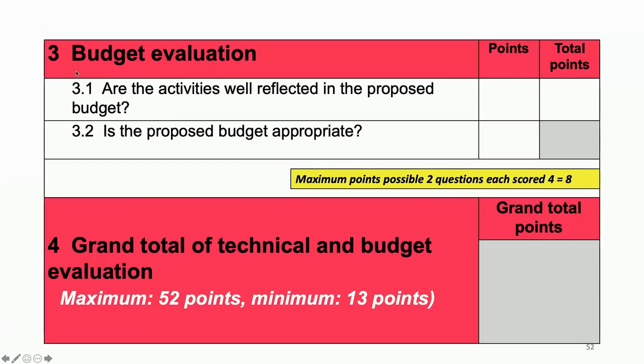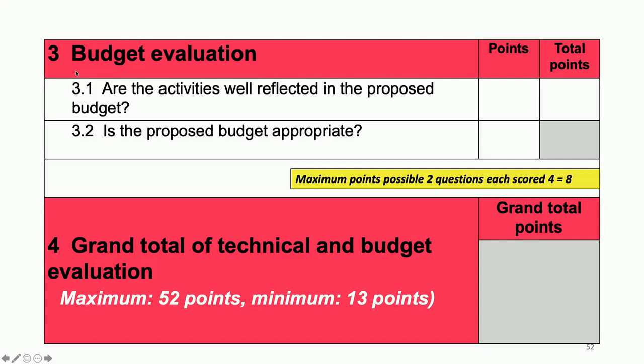The grand total of your technical and budget evaluation, if you scored excellent for each of these questions, the maximum score is 52. If you scored very weak for these questions, the minimum score is 13. So you cannot score 0, which is good news. But you don't want to score 13 because you want to be one of the best applications. On 52,